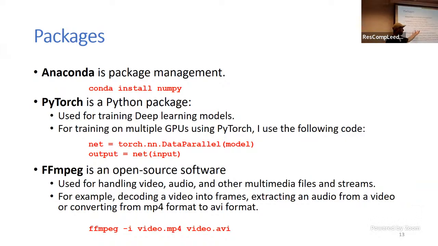Basically, this module will detect how many GPUs are available and will train on the available GPUs. The other package that I use is called FFmpeg, which is a package to handle